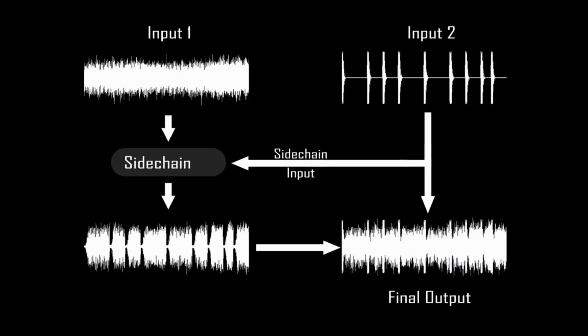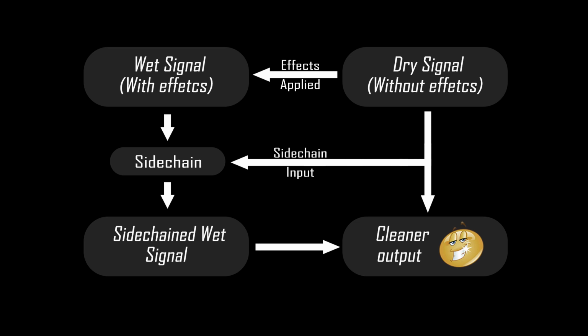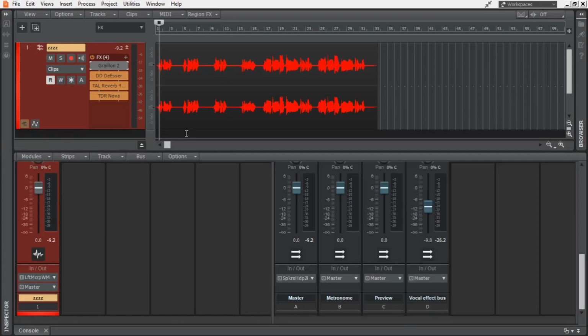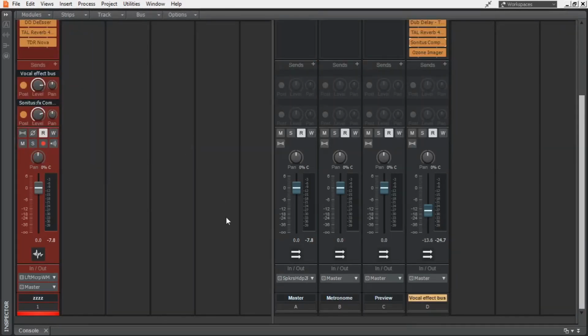Now I figured an image might be useful for the last scenario in which I have used sidechaining. This is exactly what you saw in the beginning of this video, but I'm changing it a little bit based on the context. Here we are sidechaining the effects to the original dry signal. It can be used with any sound like chords, leads or whatever. I have chosen my vocal processing project for this demo because it's easier to grasp when there are words involved.